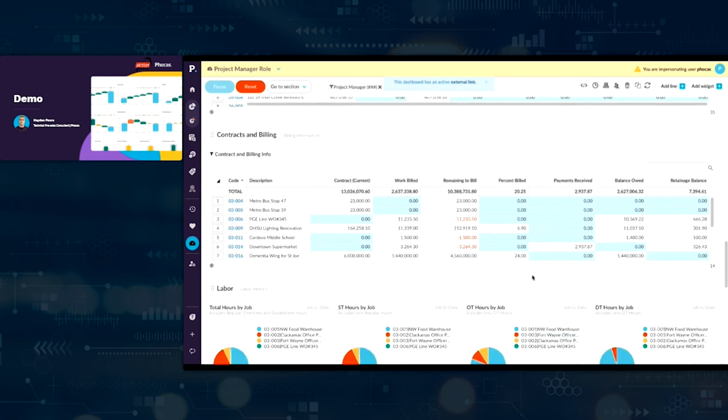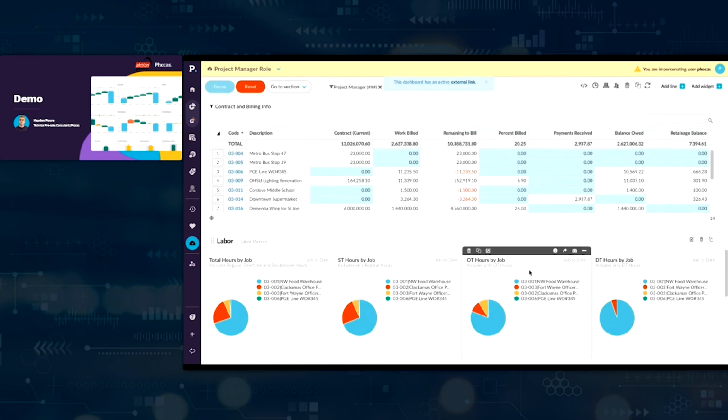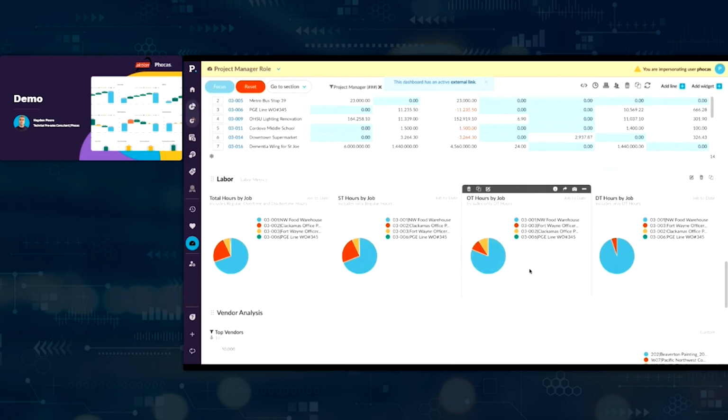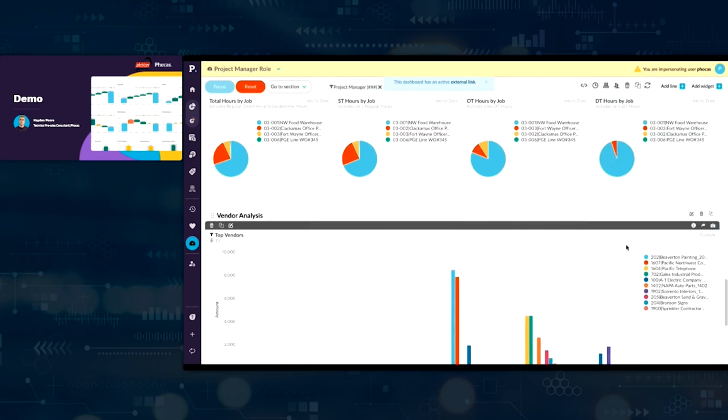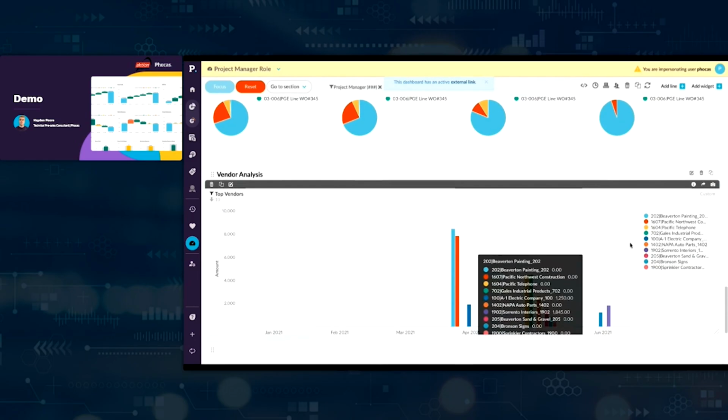So we can also analyze things beyond financial data. Here we can break down labor by job. We can look at our total hours, our standard hours, our overtime hours, and our double time hours as well. We can also look at our top vendors by spend over time and then analyze